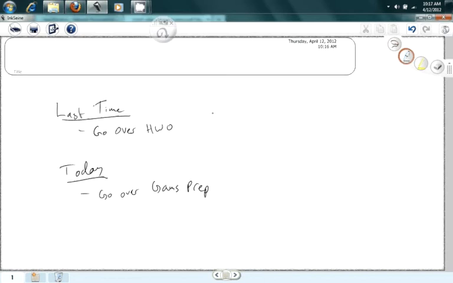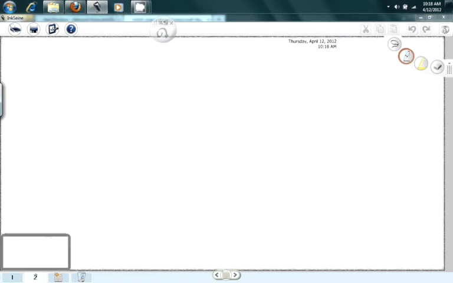So last time we went over the details of homework 0, and the plan for today is to go over the details of this GAMS prep homework, where we'll both look at our first model of a real world situation using shortest paths, and we'll go off and try to solve the actual problem in GAMS. So I'll show you a little bit about how to work with GAMS today. So first, let's talk about